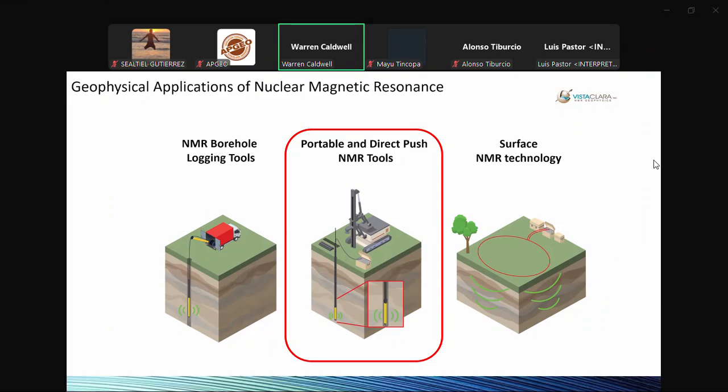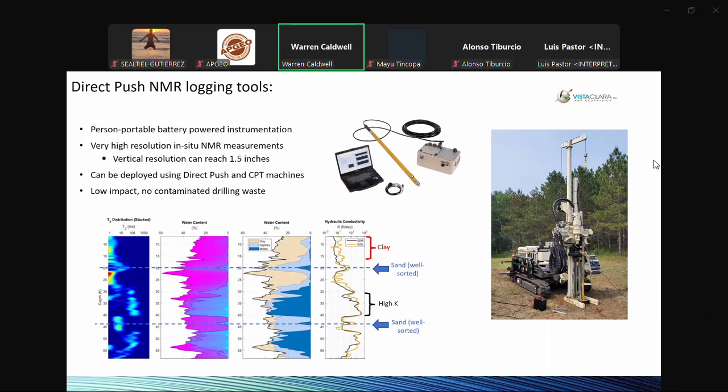Discuss the portable and direct push NMR tools. So the probe, as shown here in the center, the yellow probe, the construction of the probe and the measurements it makes are the same as in the previous section. But the difference here is that the probe is smaller and the whole package is more portable. And some variations of this, called the dart probe, that's our product,